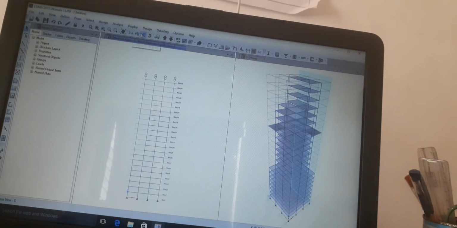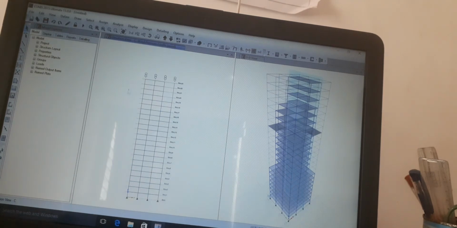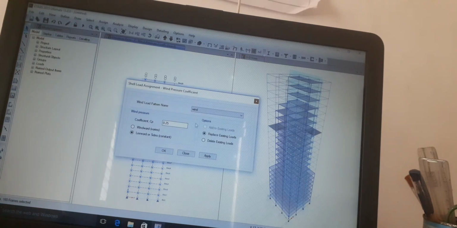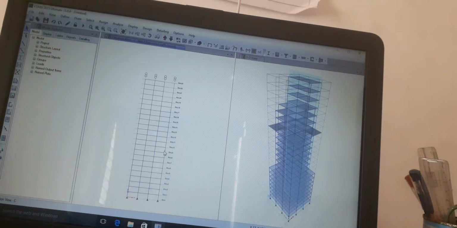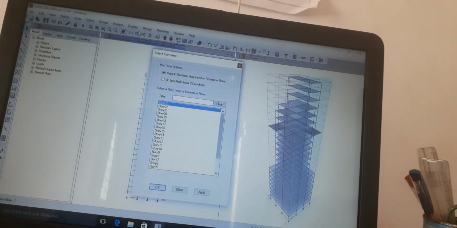Elevation C. Select all shell. Assign menu, shell wind pressure, minus 0. Apply. Okay, and elevation is 1. Click on OK.